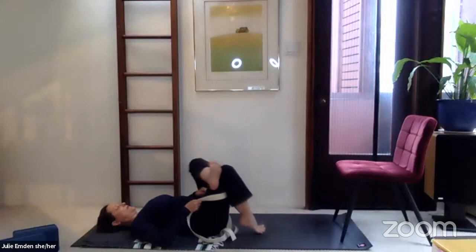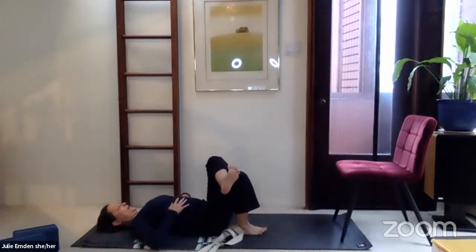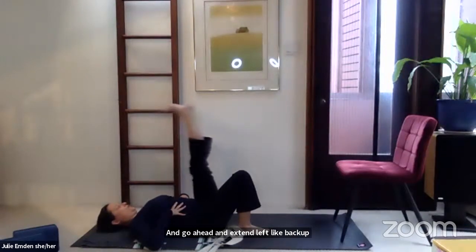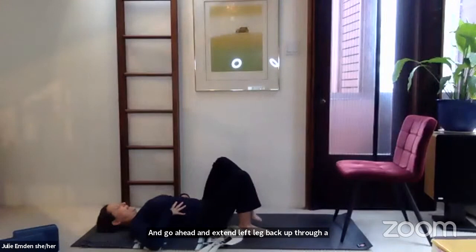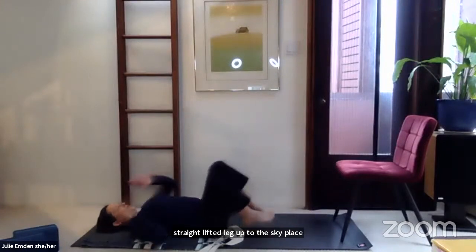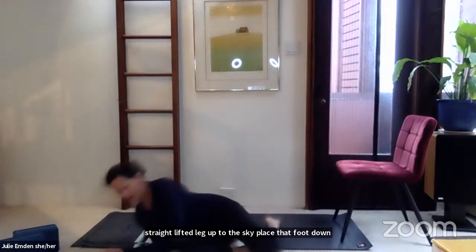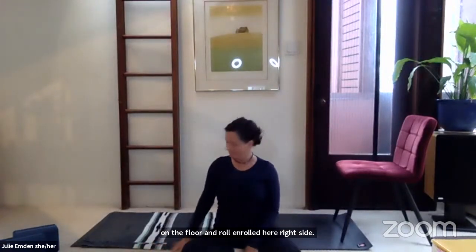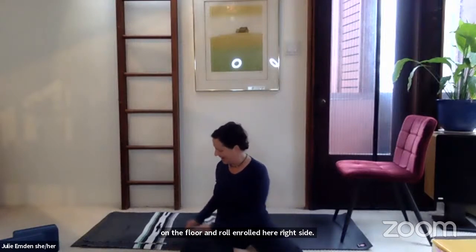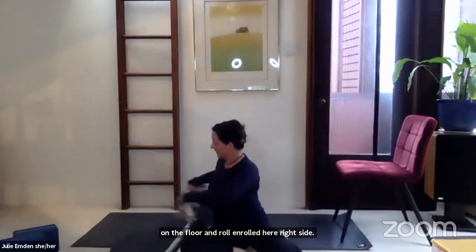Then place the right foot on floor and go ahead and extend left leg back up through a straight lifted leg up to the sky. Place that foot down on the floor and roll to your right side. Use your hands to come on up to sitting. Come on up to sitting and take a blanket